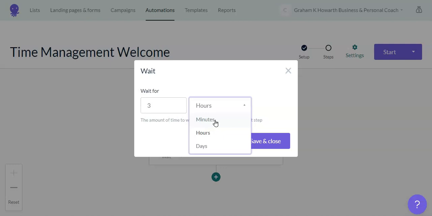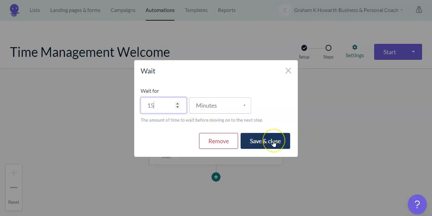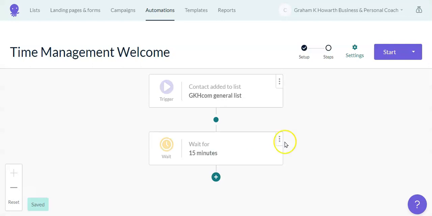I'm going to put minutes there, and I'm going to change this to 15 minutes, so we'll have a slight delay of 15 minutes before the email is sent. So if I save that, we've now got the wait in there for 15 minutes.